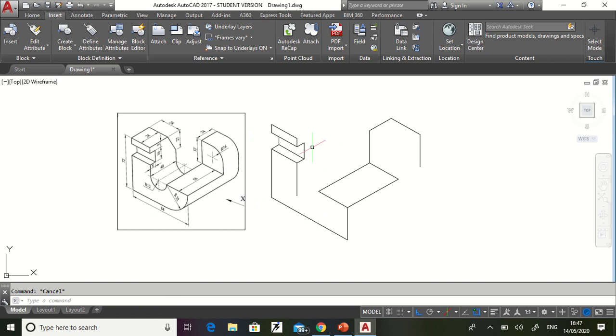Now let us go behind. Line, enter, starting from this side go inside by 28, come in front, so toggle between the plane, come in front by 28 and close this shape. Then we have to go inside by 27, so down by 27, but this distance is 40. So how to take that? Line, enter, starting from here go down by how much? 27.